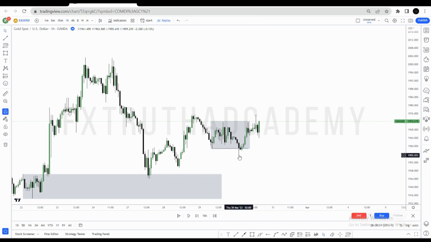Price showed willingness to run lows. You know what I'm saying? And this is an institutional move right here, the running of lows of this whole consolidation. And when they run lows, you can see that it didn't keep pushing for more lows. It came all the way back and cleared the high. So this is an indication that